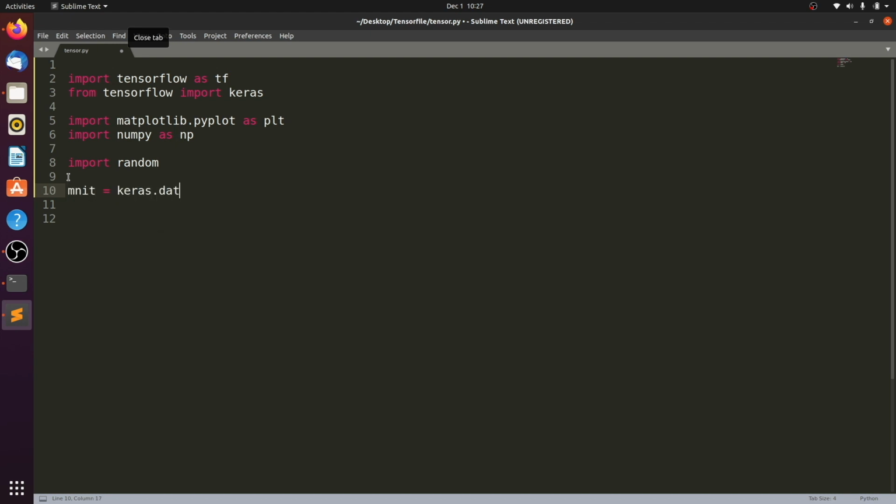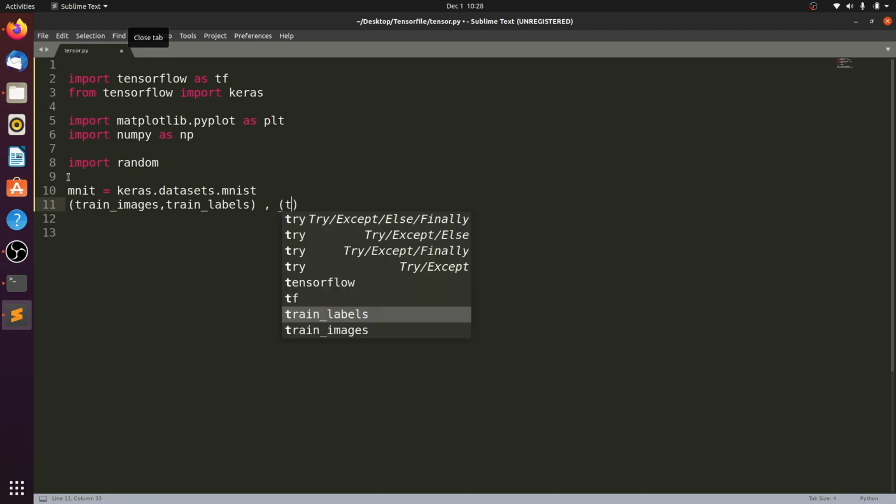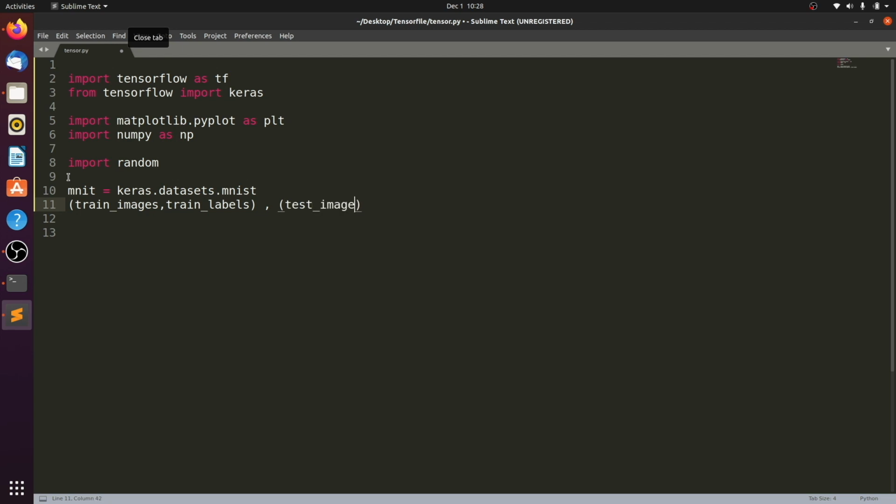mnist is equal to keras.datasets.mnist.load_data. So I'm going to use this MNIST dataset, and it has a lot of images of numbers, like 4, 5, and so on, and it's going to have label datasets as well. So it's also going to tell me that this particular image is of this particular digit, and I'm going to separate it between training and testing data sets. There are also validation data sets that we use before testing, but we're not going in that direction. We just have mnist.load_data, and what we'll do is